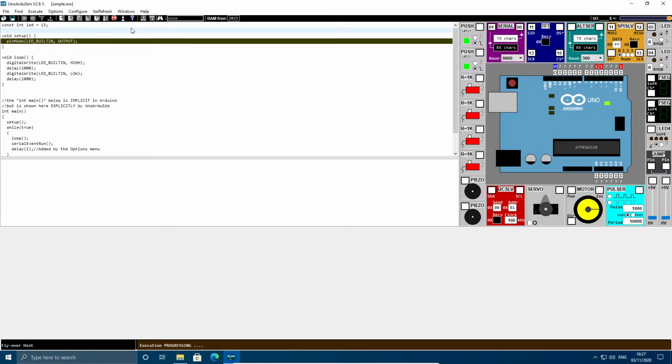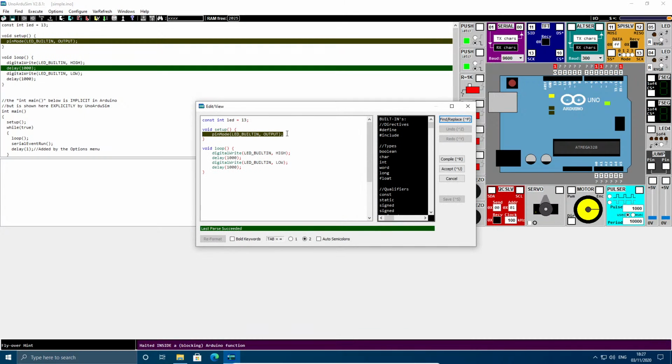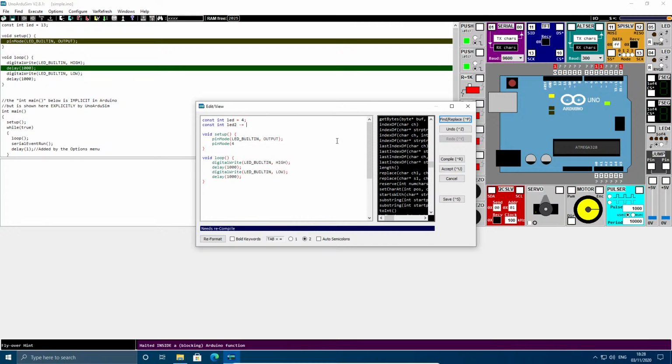And so if we're adding some more LEDs, then what do we need to do? Well, we need to go back to our pin mode, and we need to tell the Arduino what these pins are. Are they inputs or are they outputs? Well, we need pin mode, and we're addressing pin 4. Although now we can actually make use of our LED variable, so we can change that to 4, and we can create a new const int LED2